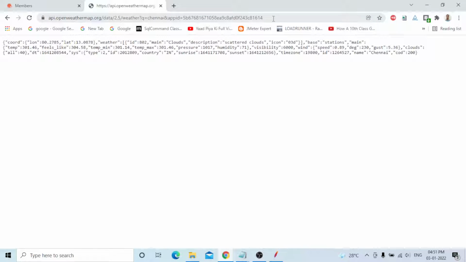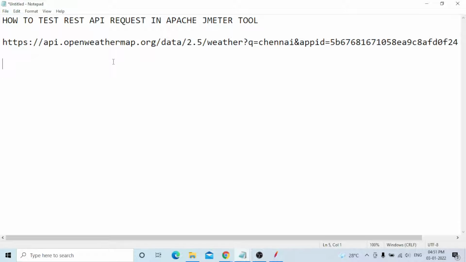You can copy this URL and paste it into a notepad. In the SOAP/XML-RPC request, there is a URL option where you can provide the entire URL and test it. It is a simple way, but that request is deprecated.